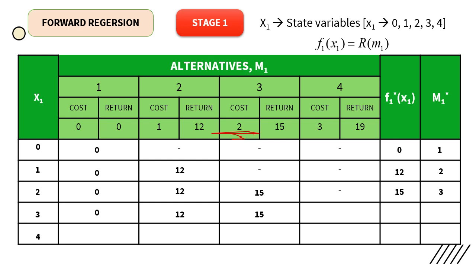In 3 crores I can spend 2 crores, of course, and get 15. And with 3 crores I can spend the entire money and get 19. So here the best is 19, which is m4, so the value is 4. If I have 4 crores, again there is no change: this will be 0, 12, 15 and 19. So the best is 19, and it is the fourth alternative.